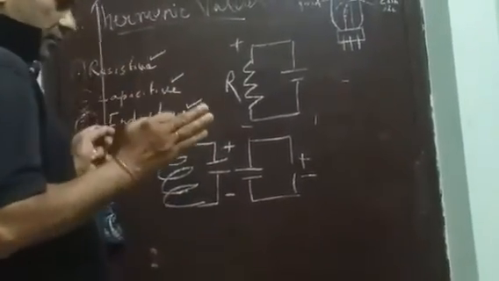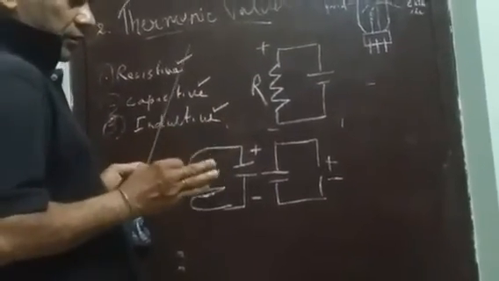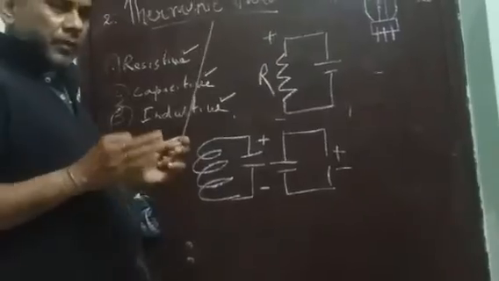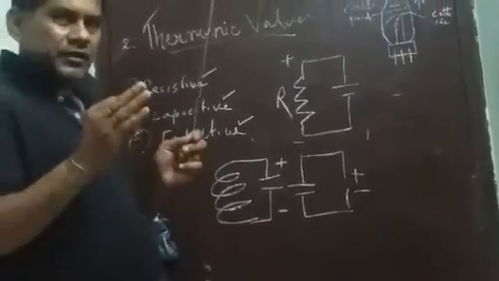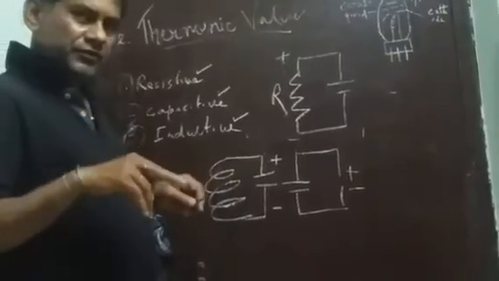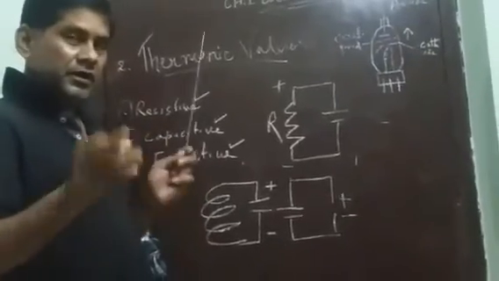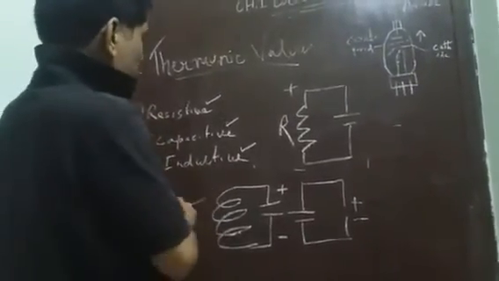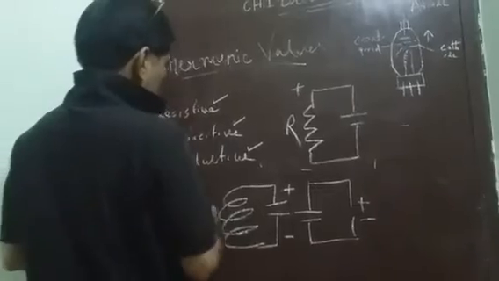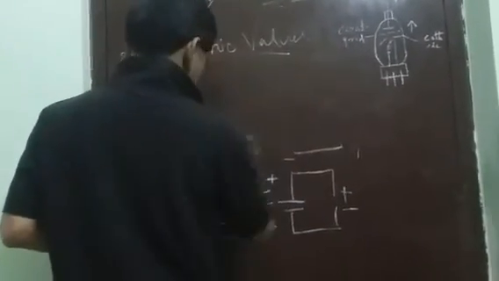The complete unit of any equipment is built up from different types of circuits. It may be inductive, it may be resistive, it may be capacitive, or it may be a combination of inductive, resistive, and capacitive, and so on. So now I think you all must be clear on what a circuit is.